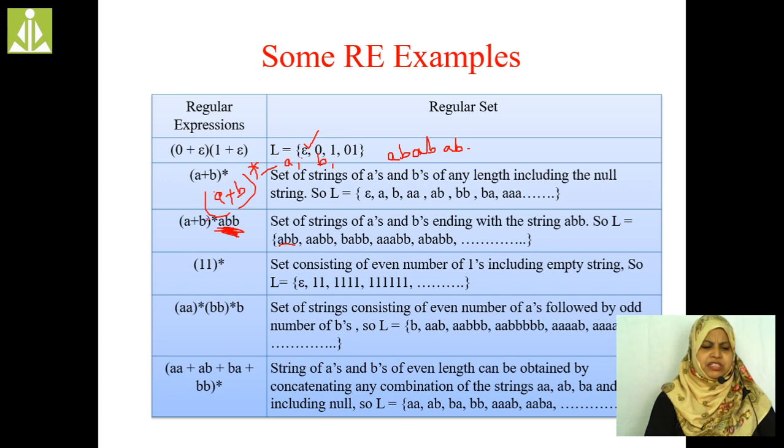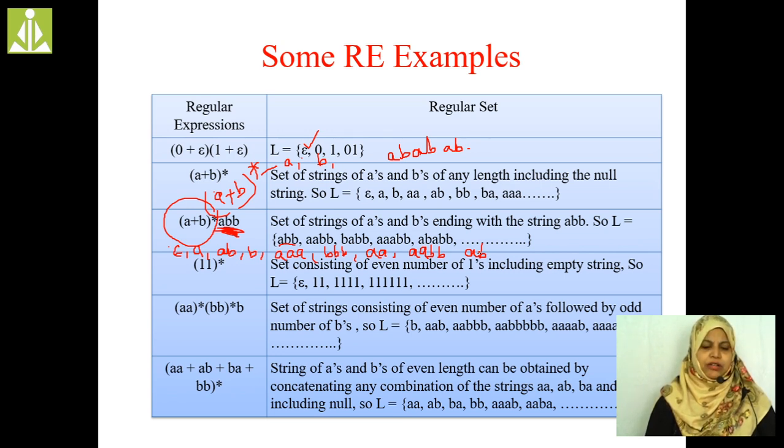(A+B)* means either epsilon, or A, or AB, or B, AAA, BBB, or AA, or AABB, or AB, whatever it may be. All these are the combinations of A, B. All those are going to come under that particular regular set. In that language, what type of strings are going to be present here?